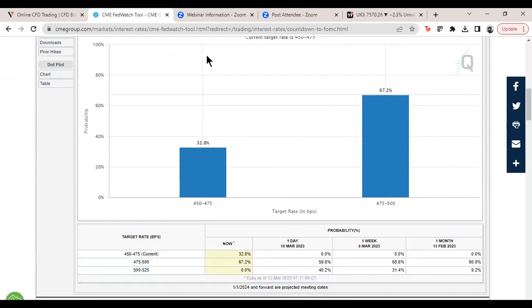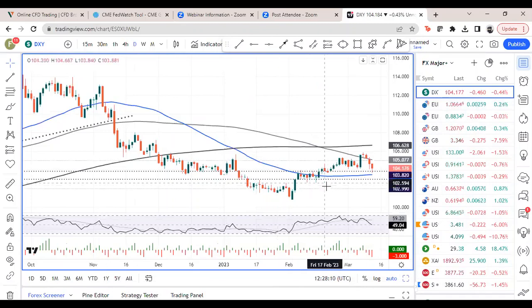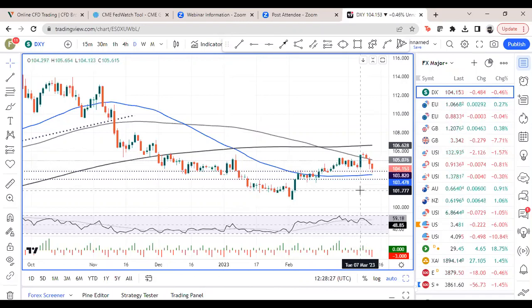Just then also looking at how that's impacting the dollar, the DXY charts, you can see the dollar just rolling over from those highs at 105.88 last Wednesday. You can see the big push on Tuesday after the hawkish pivot by Fed Chair Powell at his semi-annual testimony, but then we've just rolled over. We've rolled now below the 100-day moving average. That's at 105.07, but we're still being supported by